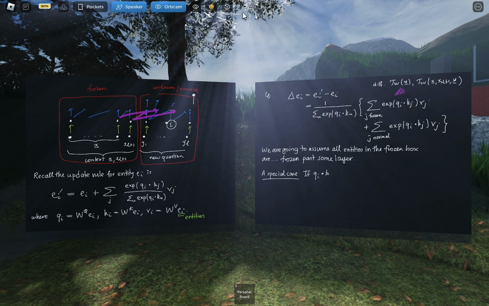It actually has to tune things to get them to point in the same direction. Okay, so if qi.kj is approximately 0, it can be large and negative, right? You can tune entities to actively ignore other entities. That does happen in practice, but this is the generic case. So if qi.kj were approximately 0 for frozen j, and my i is fixed, this is one of the normal entities. So if this is approximately 0 for frozen j,